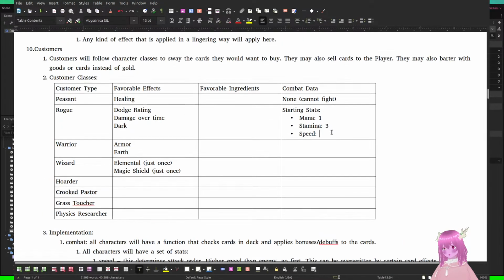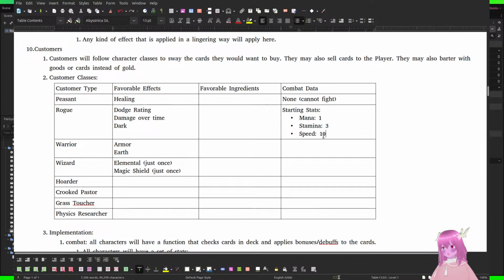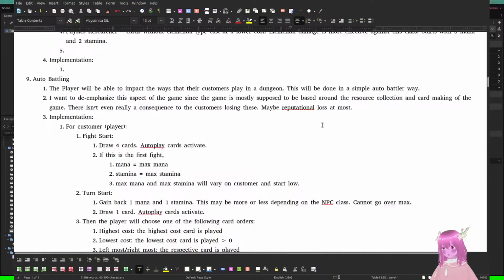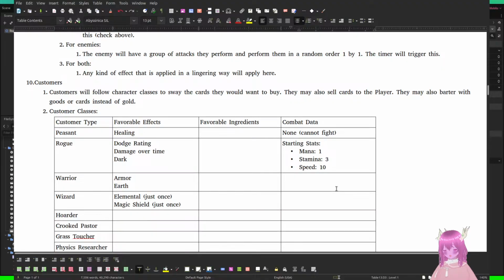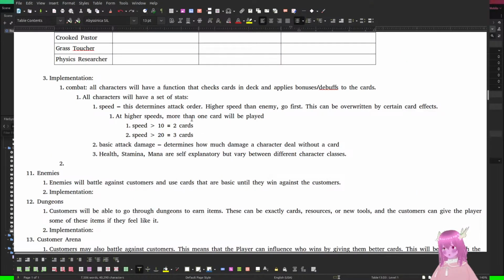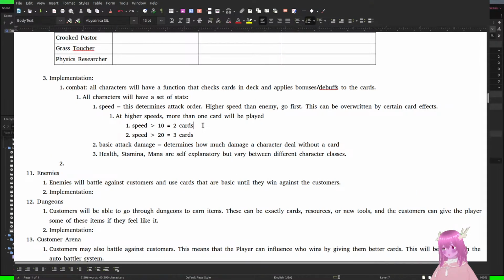Dude, I feel like something is chasing me. Anyway, the rogue will start with 10 speed. Because, actually I guess 11 speed, because they're gonna be able to immediately start playing 2 cards a turn. Maybe this should be greater than or equal to. Is that a thing I can insert? It's okay.